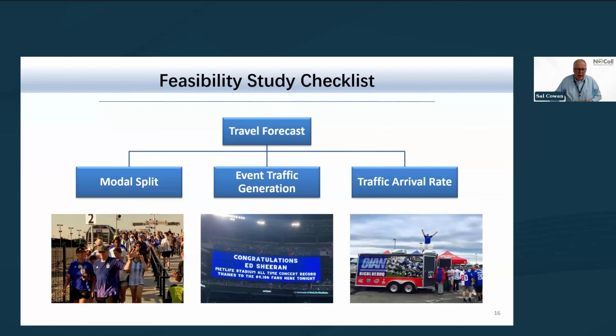Lastly, under travel forecast, we look at arrival rate. What happens during a football game? Tailgating. For a 1 o'clock football game on a Sunday, the parking lots here at MetLife open at 8 a.m. The gates into the stadium open at 11. So that's a timeline for parking lot grilling, touch football games, pre-event activities for fans.